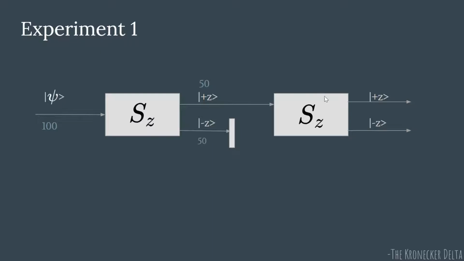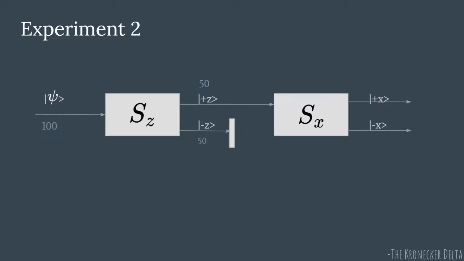Now the question we ask is: what is the proportion of atoms that you get after passing through S_z, the second analyzer? Here you input 100, you get 50 here, 50 here. These 50 plus z atoms are already measured into the plus z state. We input this to another analyzer. Now what do we get? Since they have already been measured to be in plus z, there is no reason to expect that this same measurement again will change the state. So we expect a simple answer: all 50 will come out in the up direction and there will be 0 in the down direction, which is pretty straightforward and very classically intuitive.